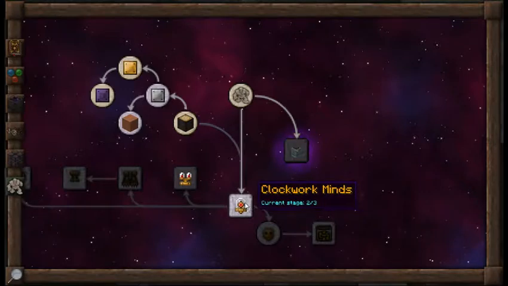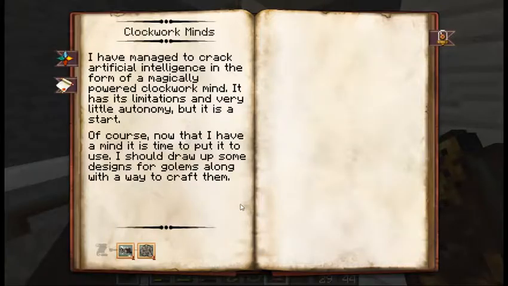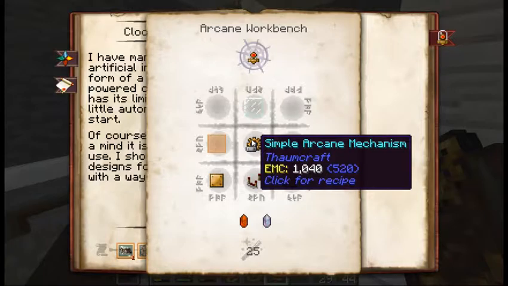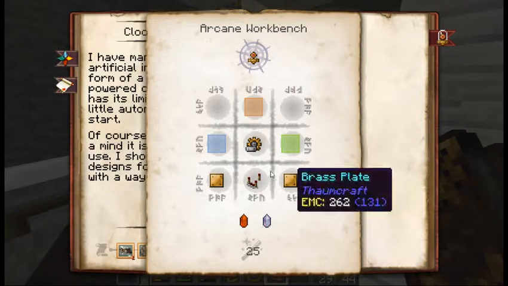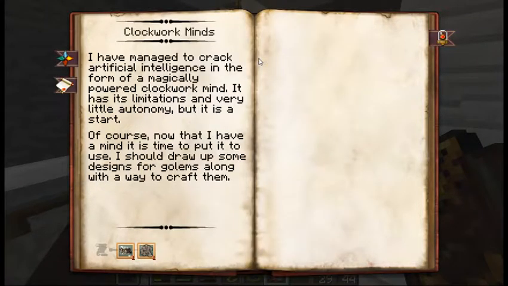The thing I'm doing right now is these clockwork mines. This is where you build the brain for your golem, I guess. I'm not really super far into it. I'm just getting started with this section. I got the brass plates, the comparator. I've got this all set up